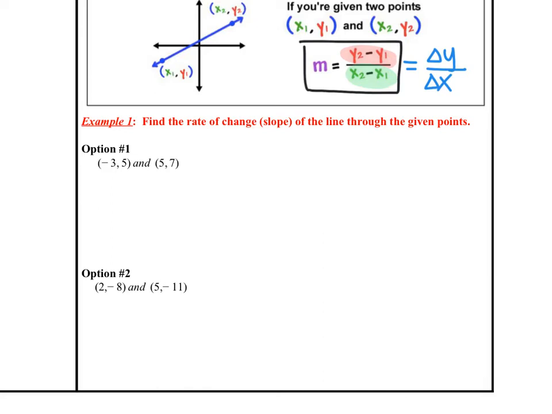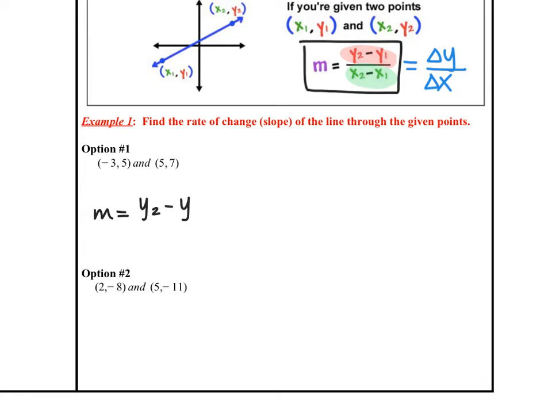I feel like it makes a lot more sense, and my students remember it better and make fewer mistakes. You are welcome to use the formula, but if I see you start making a lot of mistakes with your subtraction, especially when it comes to negatives, then I'm gonna be like, hold up a second, let's not do this anymore. Okay, so number 1, we're going to use the formula